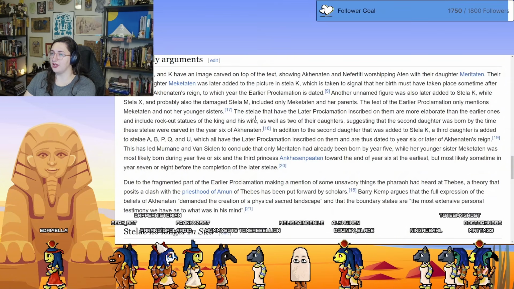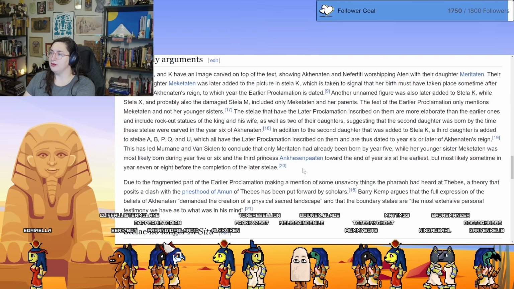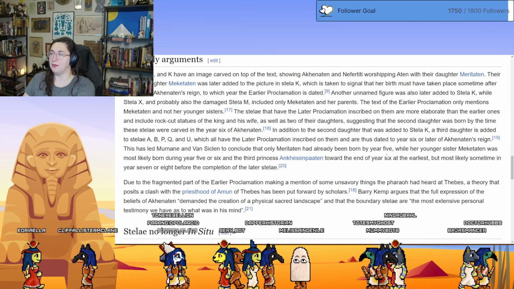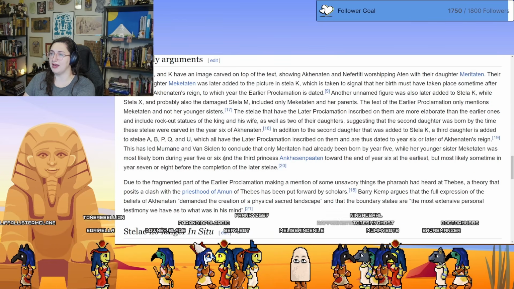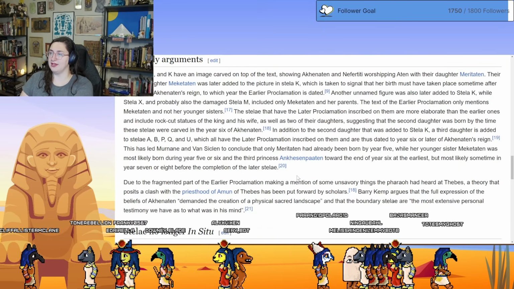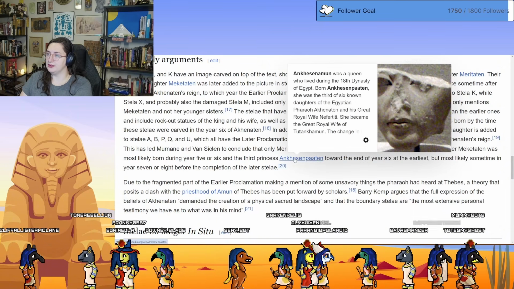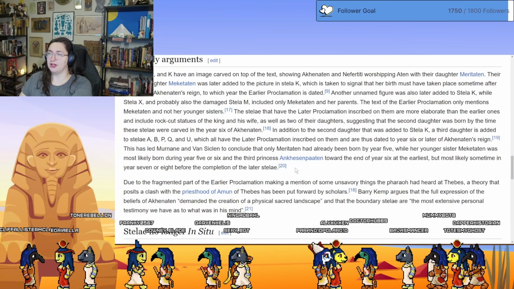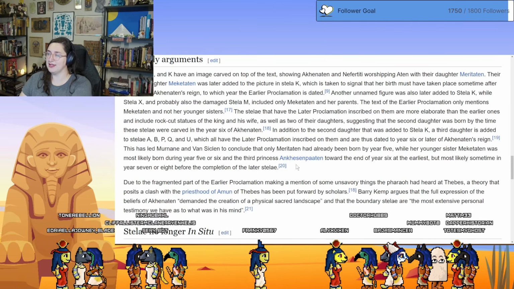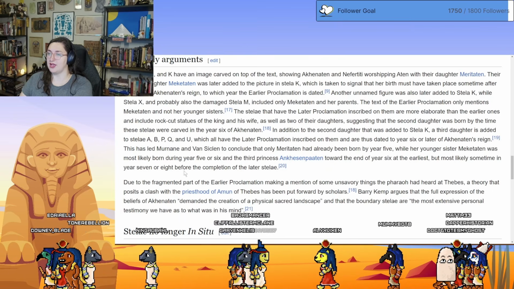The third daughter is added to Stela A, B, P, Q, and U. Only Merit-Aten had already been born by year 5, with her younger sister Mekhet-Aten most likely born during year 5 or 6, and the third princess Ankh-Sen-Pa-Aten, also known as Ankh-Sen-Amun, right? Ankh-Sen-Amun, yeah. But her birth name was Ankh-Sen-Pa-Aten. She is born towards year 6 at the earliest, but most likely sometime in year 7 or 8, before completion